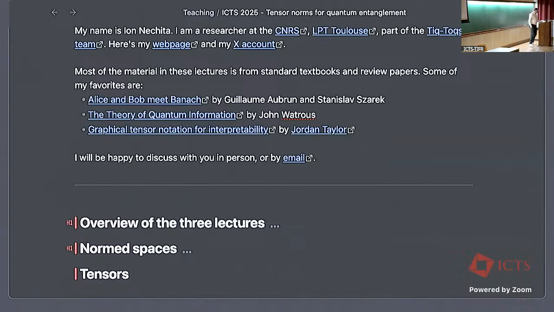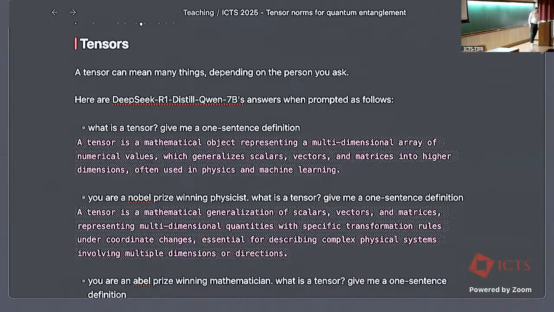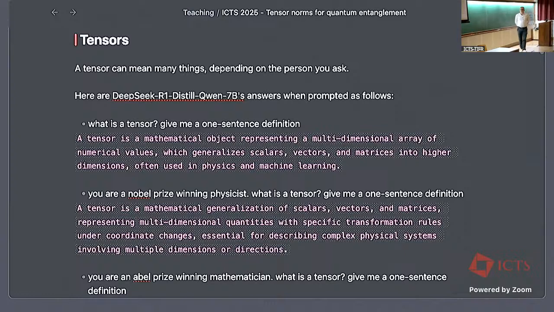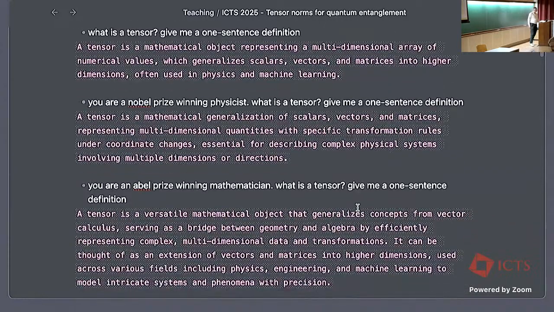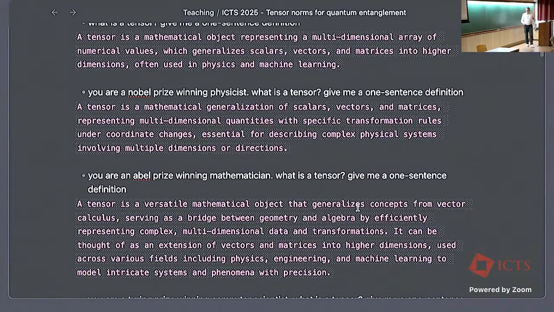Okay, good. So tensors, what are tensors? Many things. If you ask large language models, they will say that more or less it's a generalization of vectors and matrices to higher order. And then if you push the LLM to be a physicist, a mathematician, or a computer scientist, they will give emphasis to different aspects of these tensors. So for instance, a physicist will say that a tensor is something that transforms like a tensor. A mathematician will tell you about algebraic geometry, which indeed is one branch of mathematics very concerned with tensors.